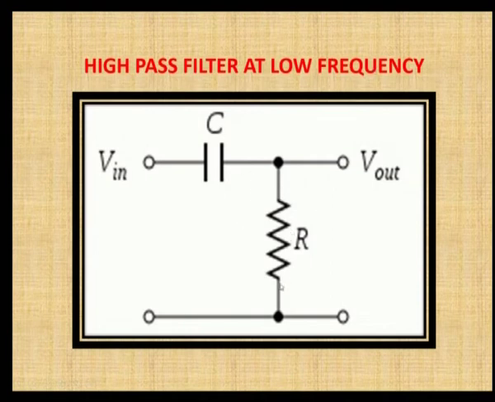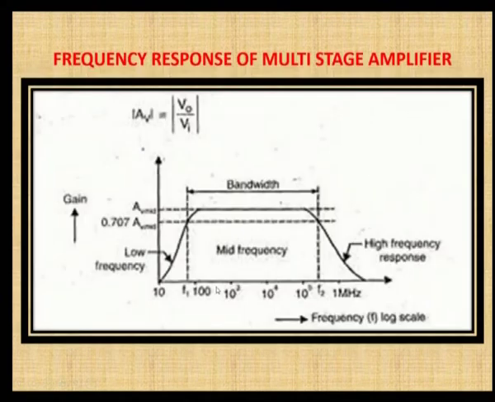At low frequencies we know that the output is nil, the output is 0. So, when you look at this frequency response at low frequency, the output is ideally 0, but practically it will have some output. The ideal case is given as a dotted line here. For the low frequency ideally it is 0, so there is no signal passed, but practically it has a slowly increasing gain, and after the cutoff frequency, all the signals are passed through it. This is the response of the high pass filter, and it is the response of the multi-stage amplifier at low